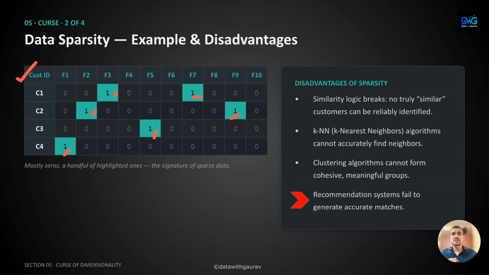Recommendation systems also suffer. Whether you are recommending movies like on Netflix, products on Amazon, songs on Spotify, or finding users with similar preferences, it becomes much more difficult when the data is highly sparse. As a result, recommendation becomes much less accurate. So, data sparsity is not just a mathematical concept, it has a real consequence for machine learning algorithms. That's why for sparse high dimensional data such as one hot encoded features or text represented using bag of words models,